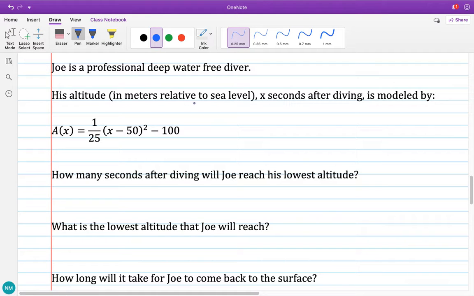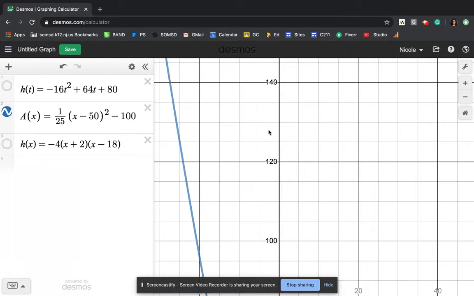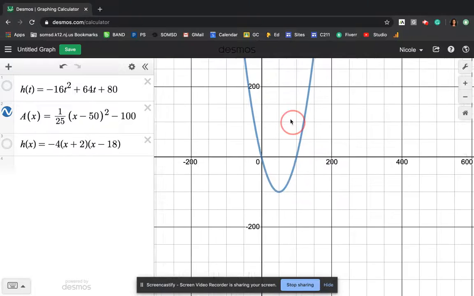His altitude in meters relative to sea level, X seconds after diving, is modeled by this. So altitude and seconds, right? What's important about altitude is that it's not like seconds, which cannot be negative. Altitude can be negative, okay? So if we look at the graph of this function, which I already have plotted over here,